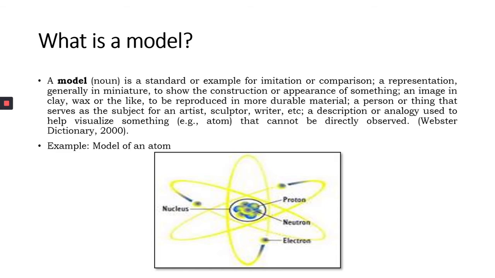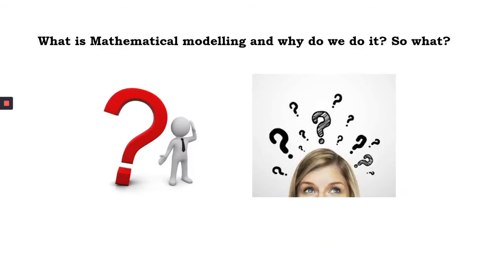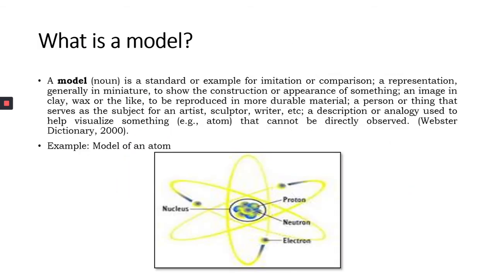So the model of an atom, which we cannot see with our naked eye, is often a series of concentric circles with a nucleus and dots with negative signs, so electrons moving rapidly around the nucleus. Then you might ask these questions: why are the electrons moving around the nucleus in this model? Right? So if an atom looks like the picture shown in this slide,